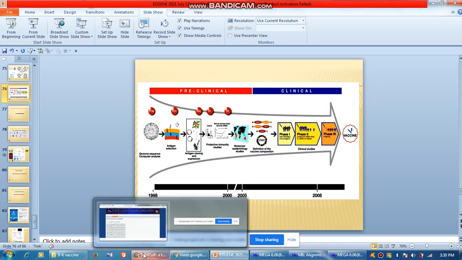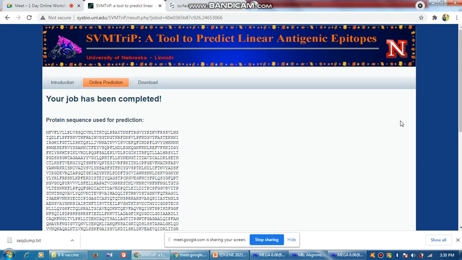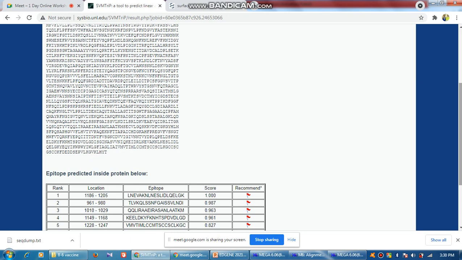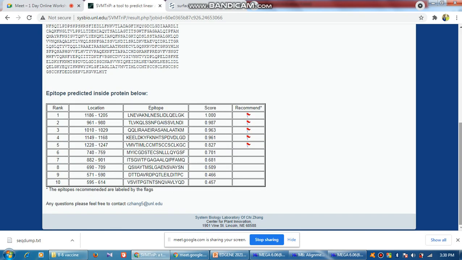Okay, so this is a research based tool, but there are other tools. So here you see. What has happened? The software has identified a particular 20 amino acid residue out of the whole chain, which has some better binding propensity to MHC1.